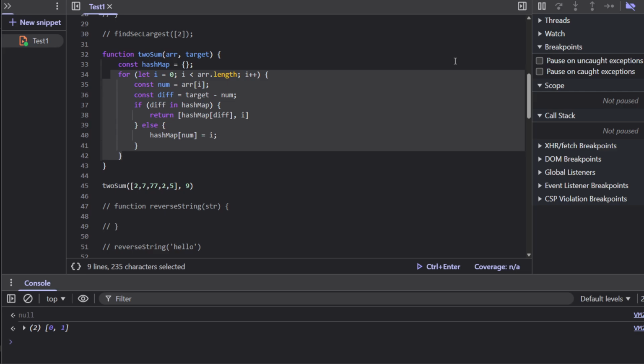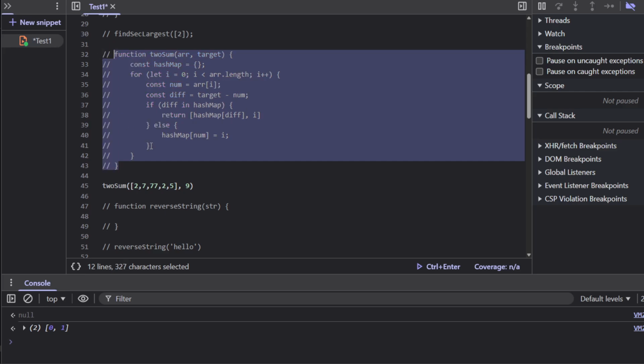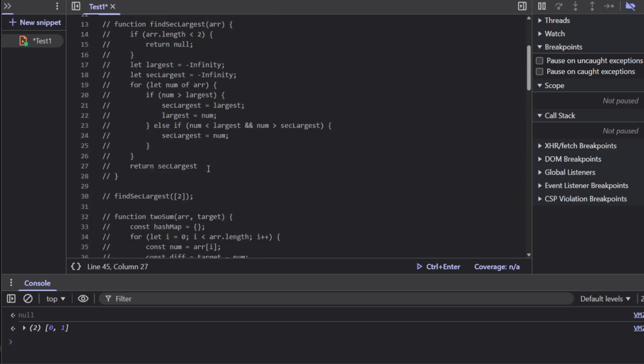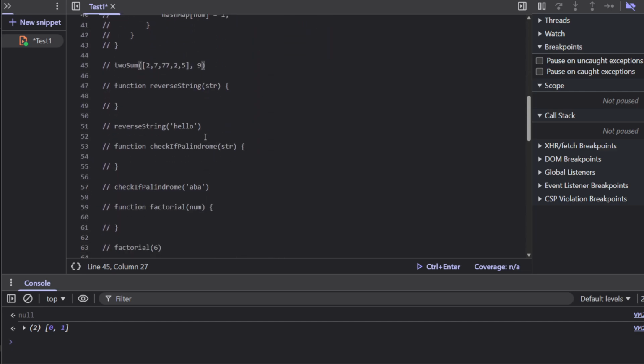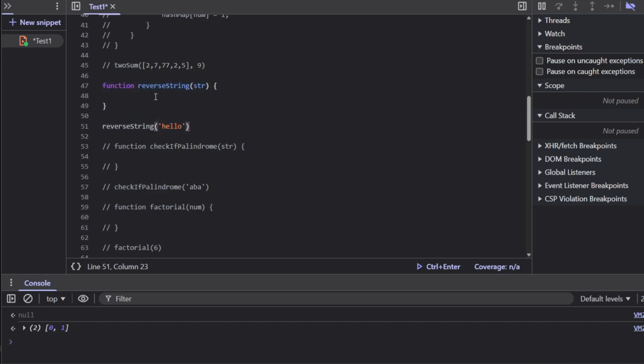Okay, so let's go to the next question for us. What is the next question? It is reverse a string. Okay, let's go. This is very tricky, and the interviewer will try to check the